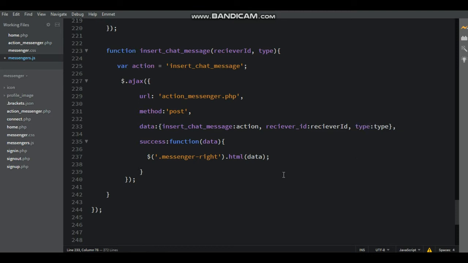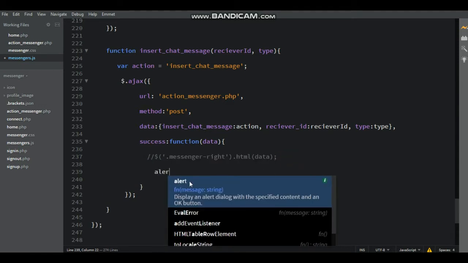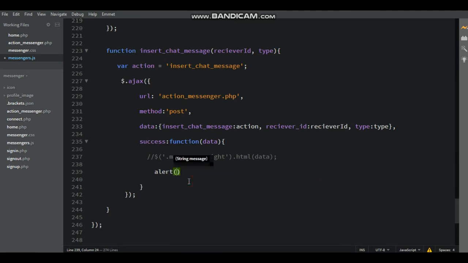Now the tag, the dollar message, right? Below that write alert inside the bracket, that is success function data. Copy the data, paste it and close with semicolon.